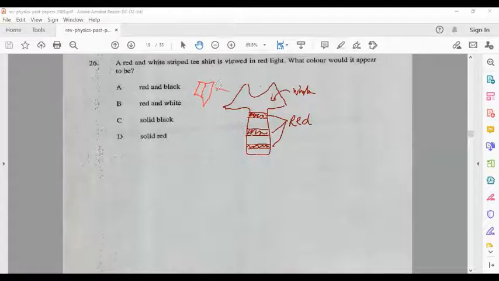So the light being shown on it is red. So the parts of the shirt that are white are going to reflect that red light, because